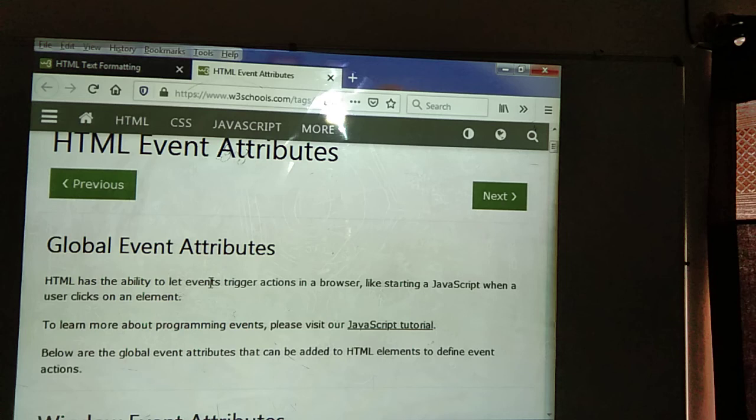Next, one paragraph we have written: when you leave the input field, means when we leave the text box, an action will be triggered which transforms the input text into uppercase. Then in the scripting language we write the function, myFunction will be created. Then we have created the function body, closed the script, and the body and HTML we are also closing. Then we need to run this page.